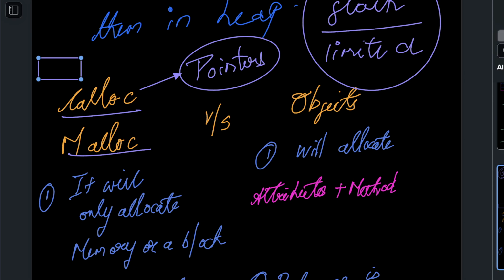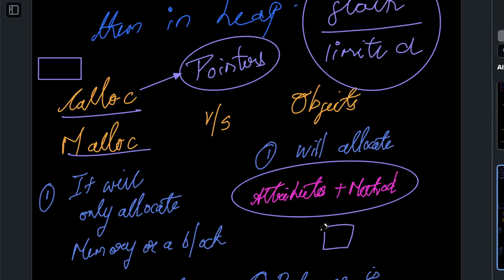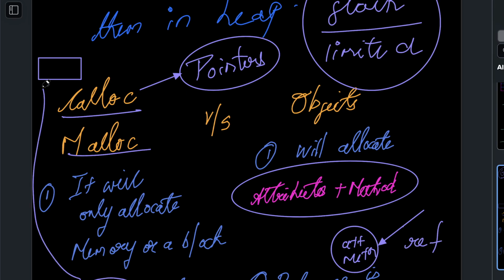Now when we do an object creation in the heap, what are we going to do? We said that the object is the actual realization of a class, right? And a class has two major things, attributes and methods, right? So objects will allocate memory to both the attributes and the methods. So this is the object, and the memory space will be the attribute and the method, and we will have the reference to this. What is returned is the reference, your pointer. This pointer basically contains the starting address of this block, where this